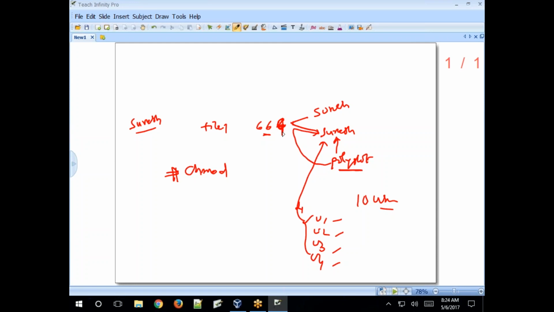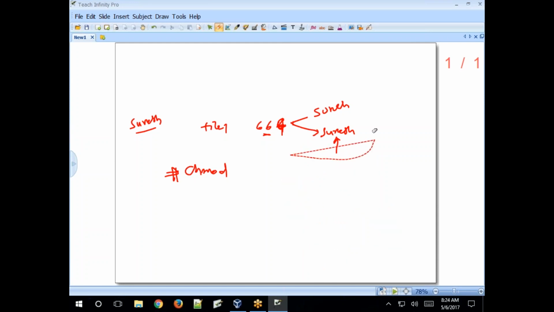Now only the users belonging to this group can read and write. Others can read only. Clear? Like this. So how to set chmod?